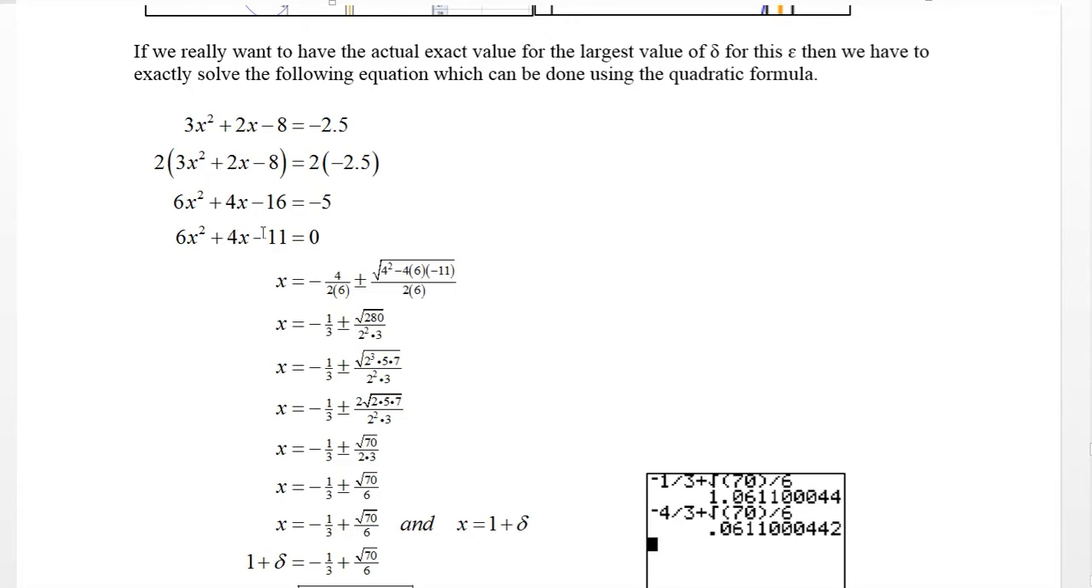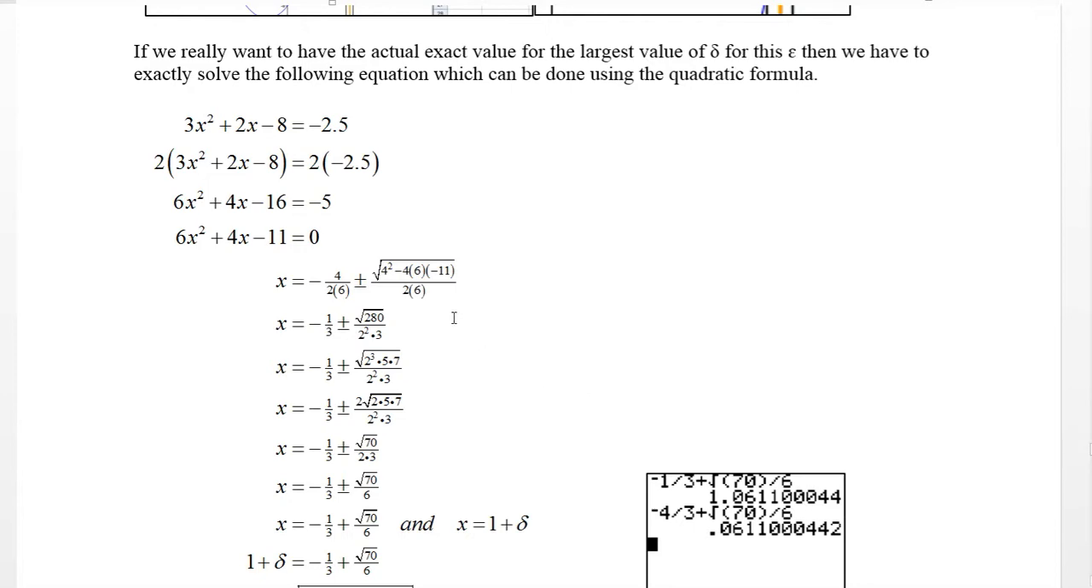ax squared plus bx plus c equals 0 if and only if x equals the opposite of b over 2a, plus or minus the square root of b squared minus 4ac, over 2a. And so here's the 2 is built in. The a is the 6 here, here, and here. The b is the 4 here, here, and here, here and here. That 4 is built in the formula. And the c shows up one time, which is right there. The rest is just some simple